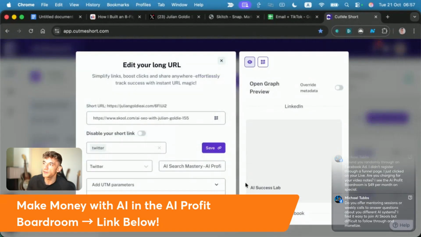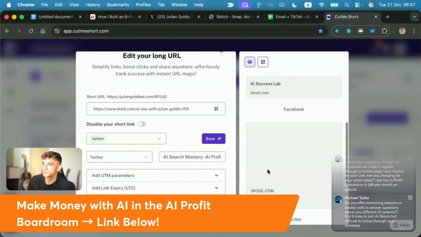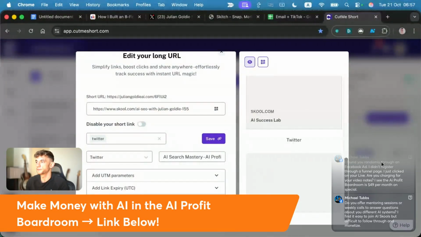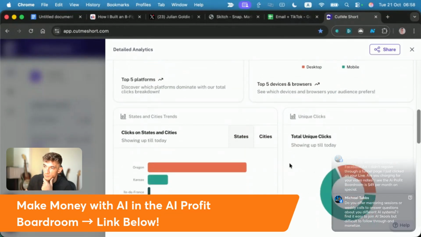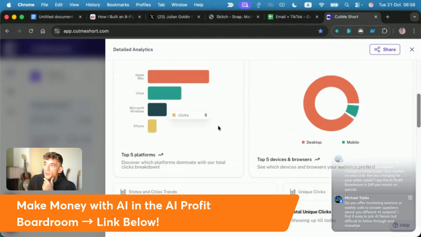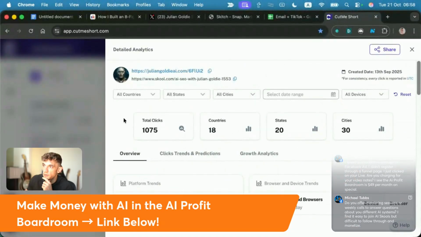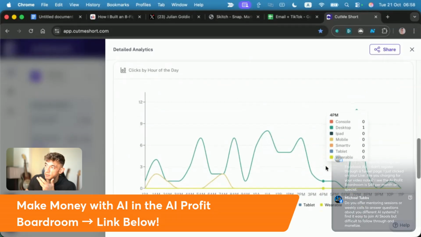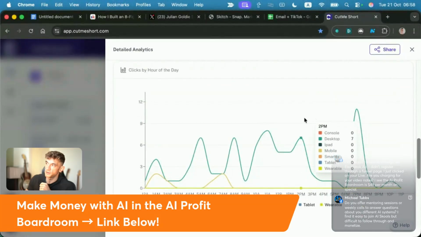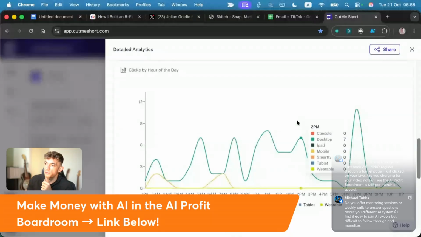If we have a look, for example, even this Twitter is pretty small. But if we open up the analytics here in this channel and see how many clicks we're getting, so basically more clicks, more traffic, more money, right? The more clicks you get, the more traffic you get from relevant people, the more money you're going to make, right? So we can see all the clicks to this platform and we can see how many clicks we get, right? So if we have a look, we can see, okay, well, we got 200 clicks on a Monday, 137 clicks on a Tuesday, 160 clicks on a Wednesday. This is on a small account. And then you can see how many clicks per day we're getting, right? As you can see right here. Pretty simple and easy.